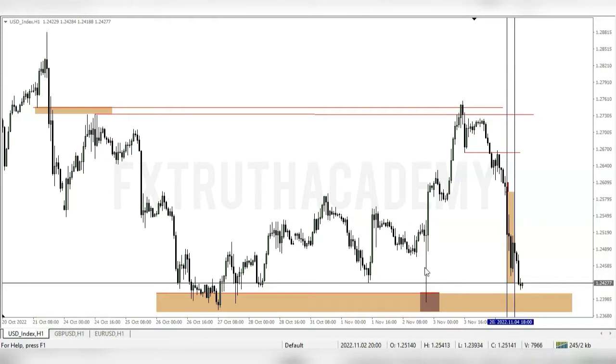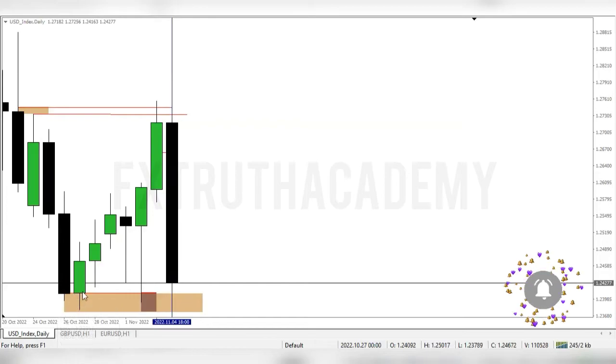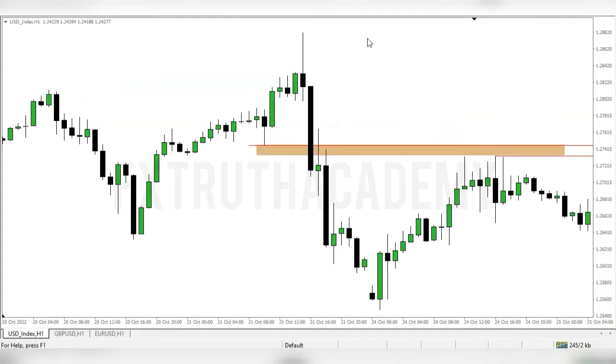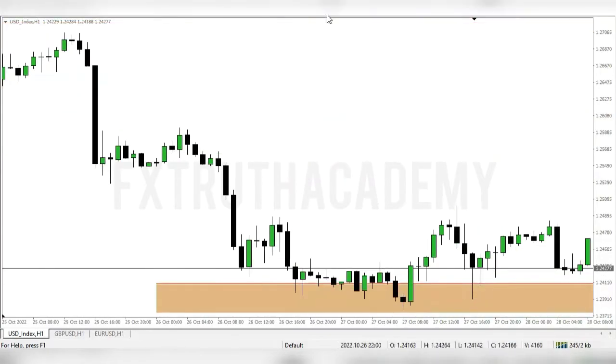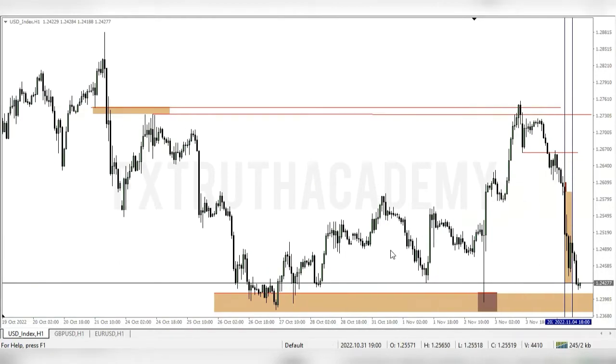So I saw this whole spike to the downside. What was market actually reaching for with this spike to the downside? You can see that clearly on the daily chart. Price was reaching for equal lows, all these lows right here, down to these equal lows, the bodies of this candle. You can see how price wicked through it and expanded to the upside. So you can clearly see that price was actually reaching for an area of liquidity in terms of a double bottom. You understand? So that was this whole whiplash to the downside.